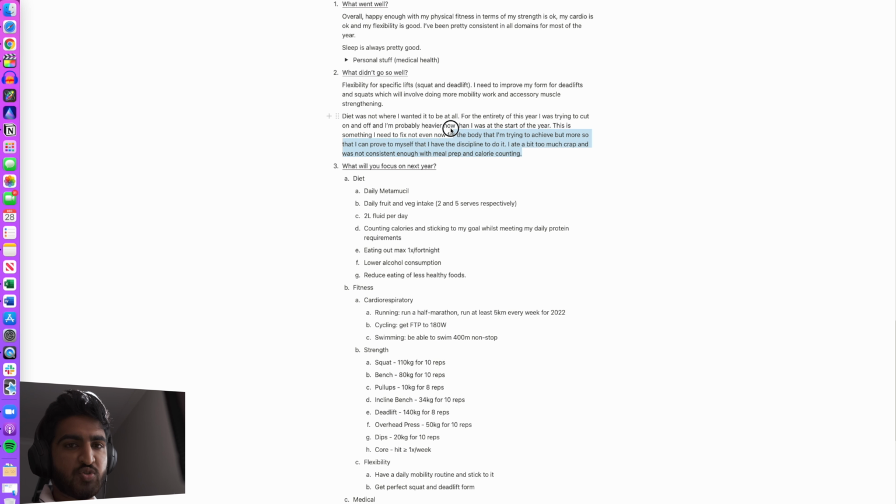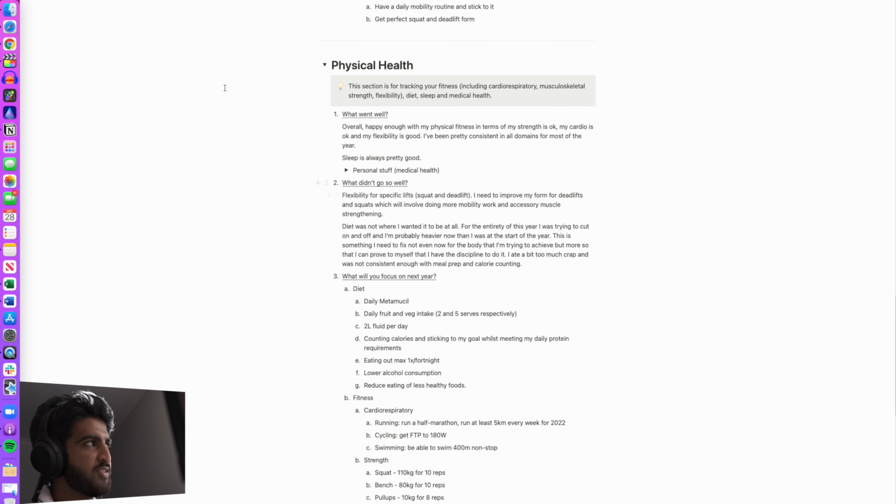Diet is always something that I've struggled with. It's not that I necessarily eat super unhealthily, but I've always wanted to be able to cut successfully, and I've never had the discipline to maintain a successful cut and a balanced diet where I meal prep and I count calories for more than a few weeks. And I also know that I don't really eat as many vegetables and fruit as I should on a day-to-day basis, and nor do I consume as much fluid as I should. And so for me, diet is going to be one of those areas that I really try and focus on next year.